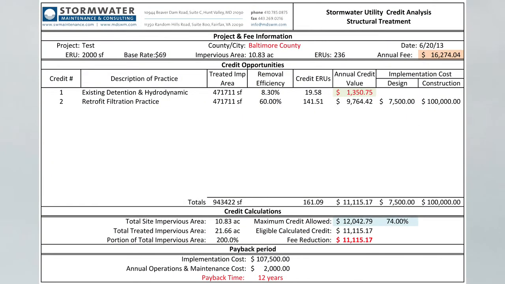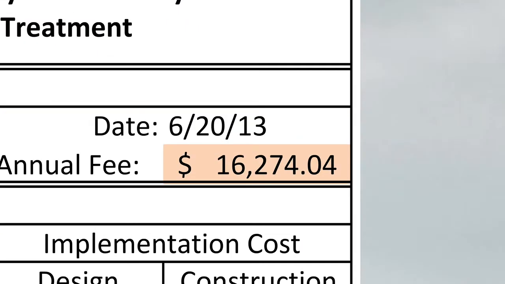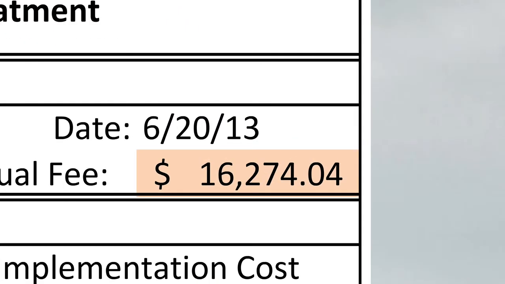When we take the next step into the cost-benefit analysis, one of the first things that we're looking at is what is the actual fee that's being charged, verifying that the municipality is charging the appropriate fee. Some municipalities may have minor inaccuracies. Generally, I think the geographic information systems, or GIS systems, that municipalities use are, by and large, fairly accurate. But there are cases, such as parking lot islands in the middle of a parking lot, that the GIS systems sometimes do not back out. So in some cases, it may be worthwhile to spend a little bit of effort on verifying